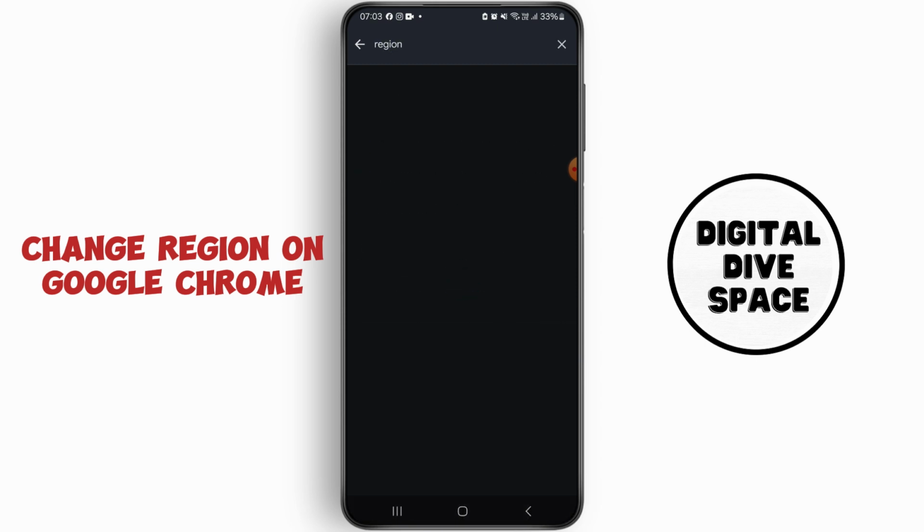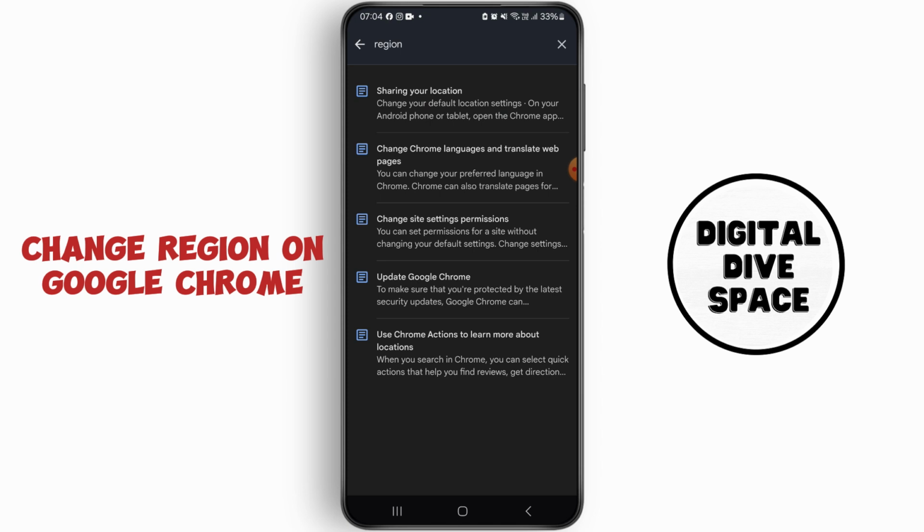And from here, what you need to do is, on the search bar, search for region. After searching for region here, it will show you many options right here. Now you just need to choose your option for sharing your location, change Chrome languages and pages. Now you need to go for sharing your location, and when you tap on this,